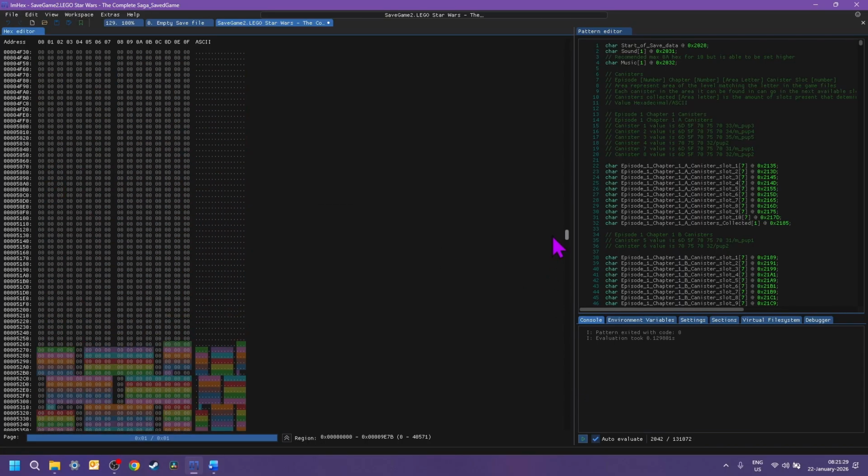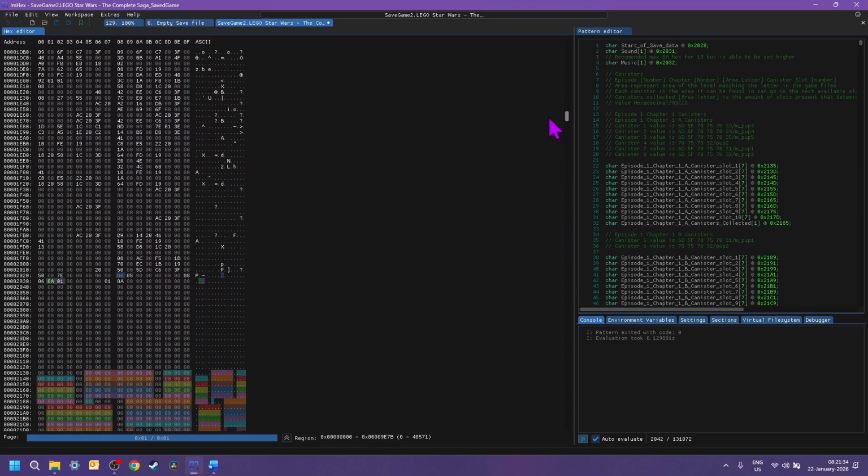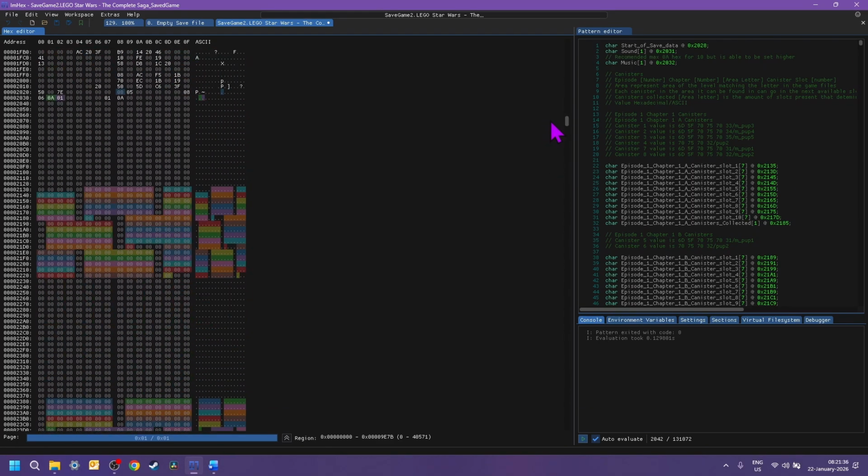I'll show you how the canisters work. Let's say I want to mark canister one as collected. I would put this in any slot, but I'm just going to do slot one.